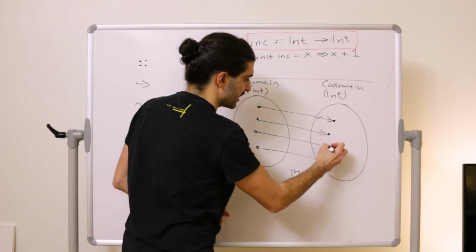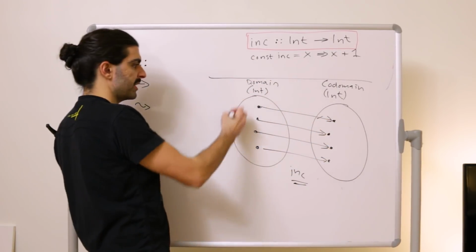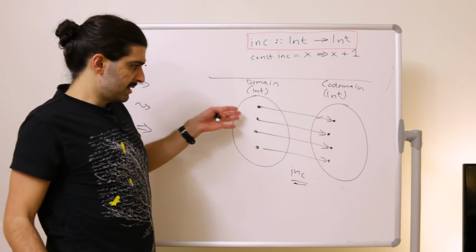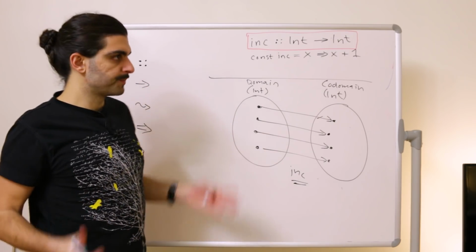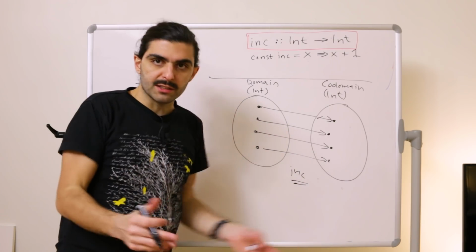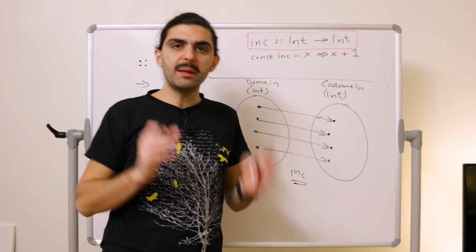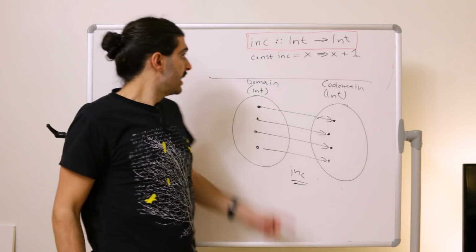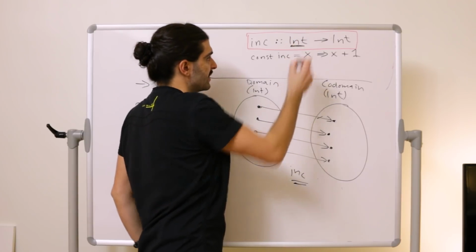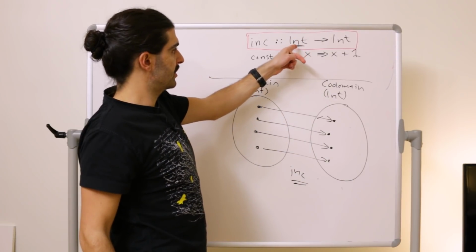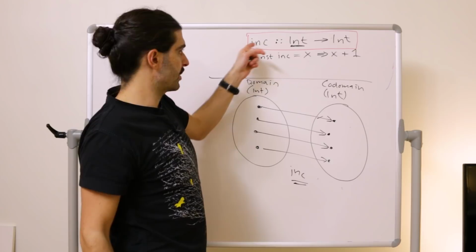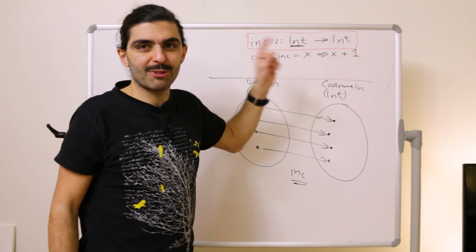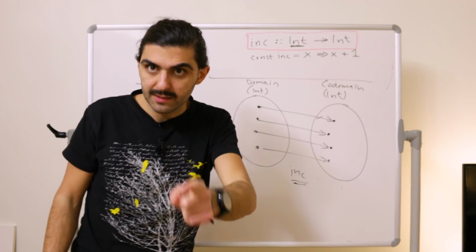So what I mean is this: if you look at this set here, the domain of the function inc is the set of all ints. In other words, every int is a legal input value to the function inc. That's what we're saying, right? When we're saying that the first argument to the function inc is an int,